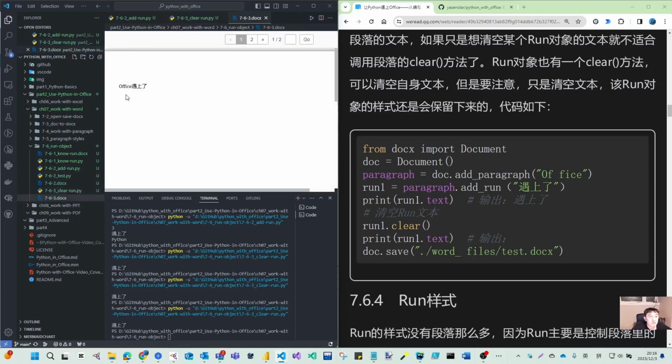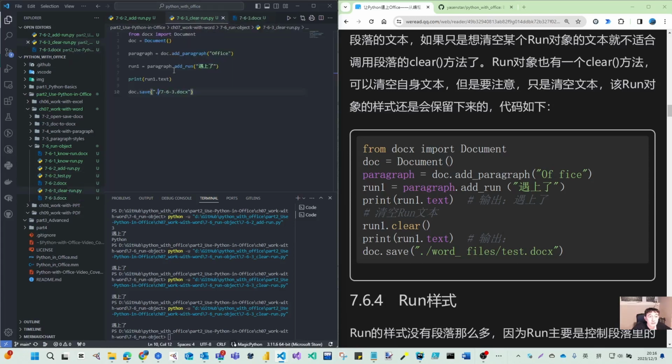Yes, and this one has this run, and let's do the clear. So I clear run one. You can make that a variable, or you remember we can always use doc.paragraphs and make the first paragraph index 0, then doc dot runs and use this index. So this one is the same as